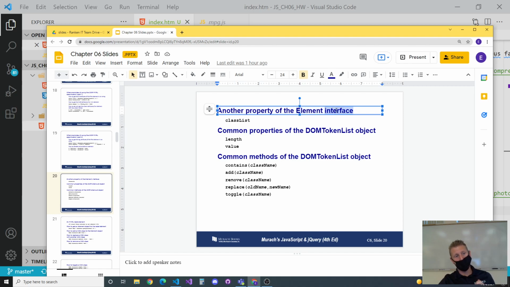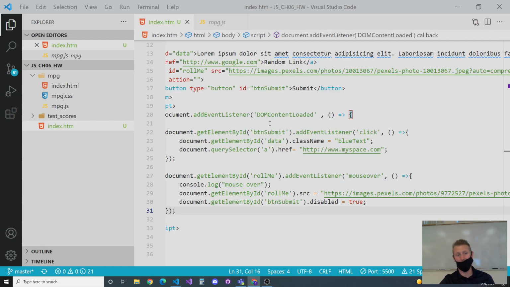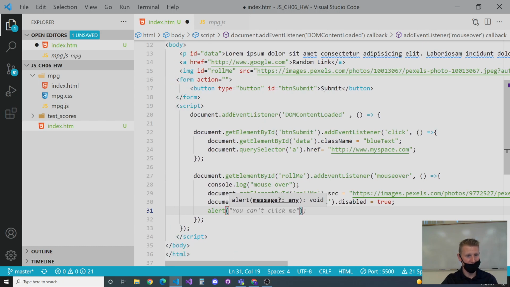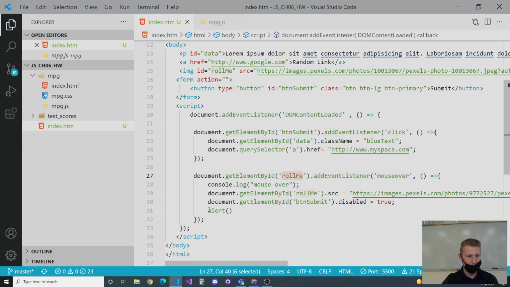Many times you'll have multiple classes on an element, so there's a class list property of an element. You could read that this element has 3 classes on it. So when we roll over something, let's give our button some classes: class of btn, btn-large, btn-success, btn-primary. Doesn't really matter what they are. These are the classes on our button, and as soon as we roll over, we'll